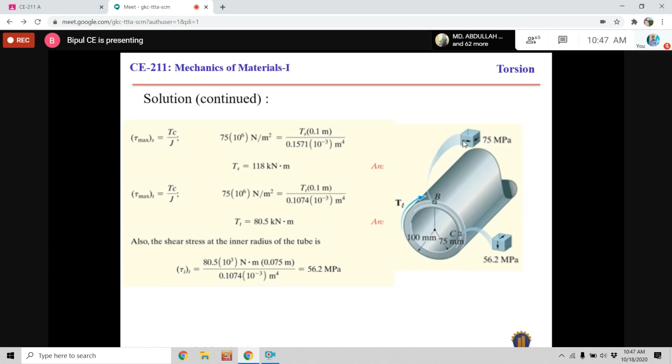The shearing stress will be similar to 75, and this is the torque, right? So the direction of the stress will be this way. This is actually the resisting torque. That means if we apply a torque, this torque will be developed in the body, developed in the section. So this is the resisting torque, and this torque will be